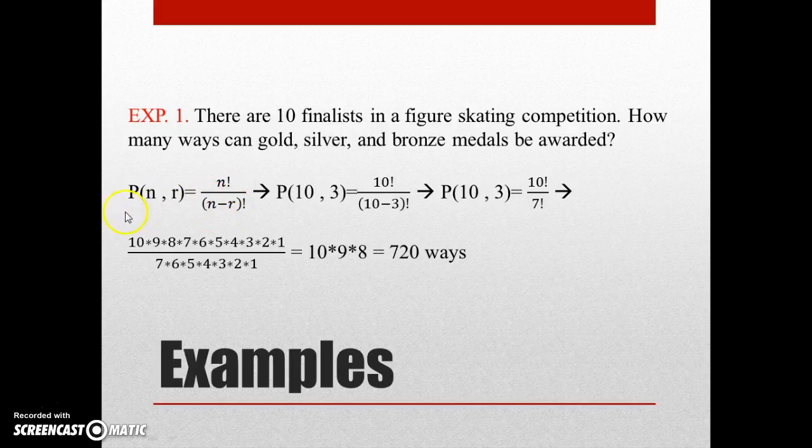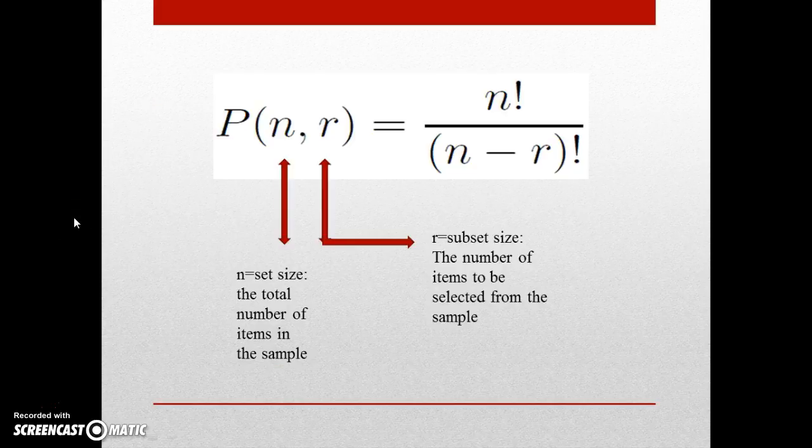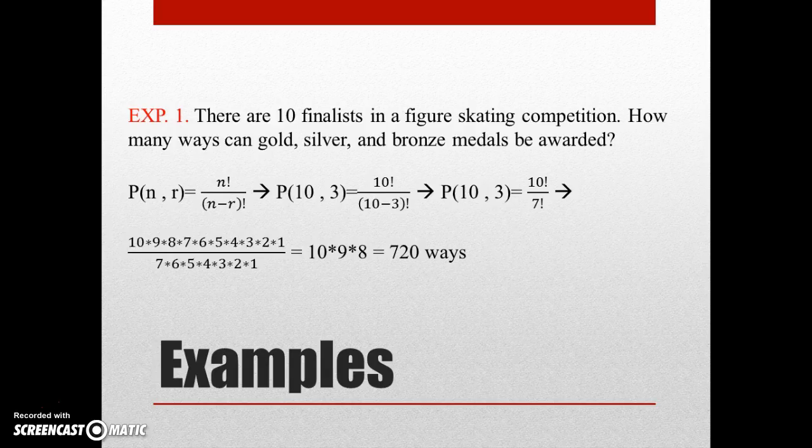And now we need r, our second variable of the equation. Again, if we look back here, r is the subset size. Rereading our problem, we can see that our subset size would refer to gold, silver, and bronze medals, because those are what is being awarded to the 10 finalists. Gold, silver, and bronze obviously add up to 3, as I have written here. So our r would be 3. If you plug all this in, we then get 10 factorial over 10 minus 3 factorial. Again, pay attention to the parentheses, okay? Because it's important. If you don't, you get a different answer, and we don't want that.